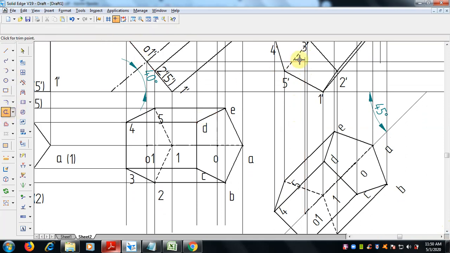Go for the trim command and trim it like this. From this edge select the line. Since it is an axis line we will get a problem. Right, select a line and go for this.